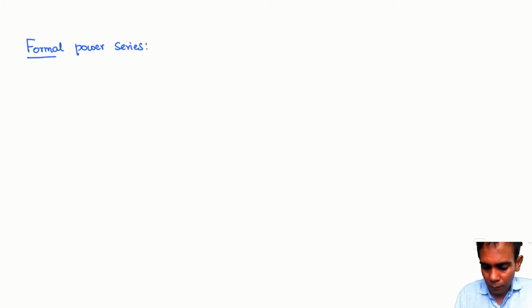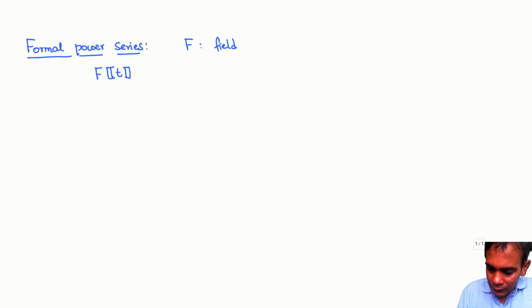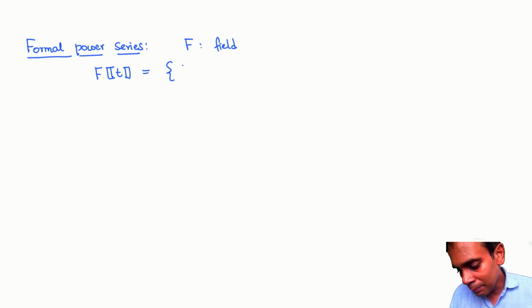Now I'm going to introduce you to one of my favorite rings, the ring of formal power series. For this, fix a field F, any field. It could be the rational numbers, it could be a finite field, it could be the complex numbers, and the ring in question is denoted by F double square brackets T, where T is the name of a variable. And this is the set of all symbols of the form